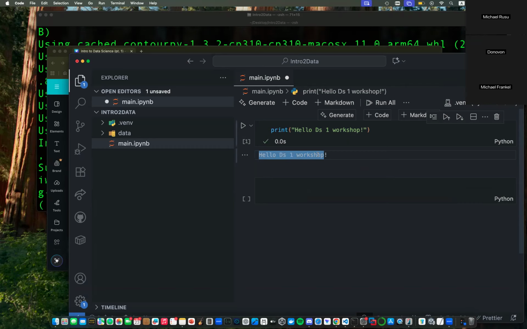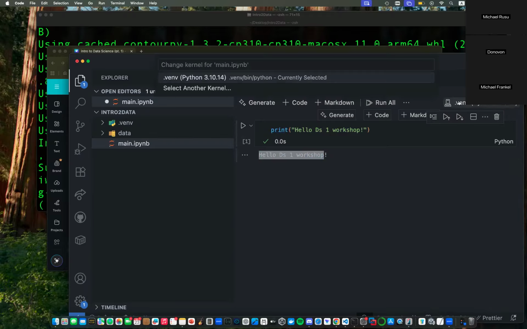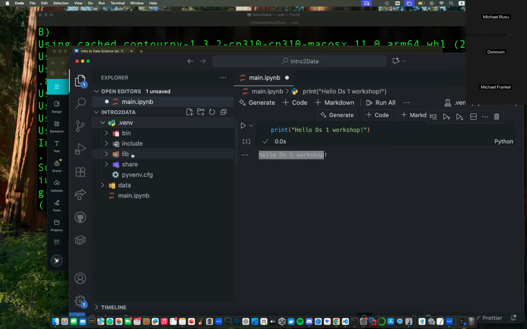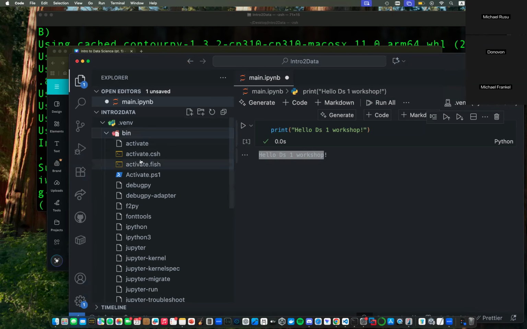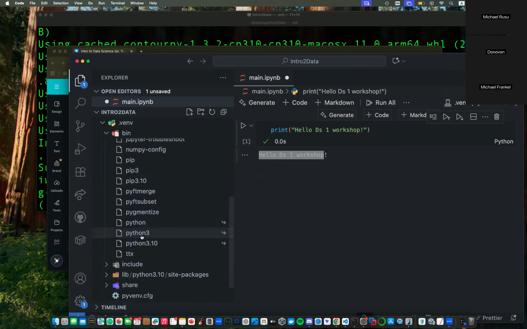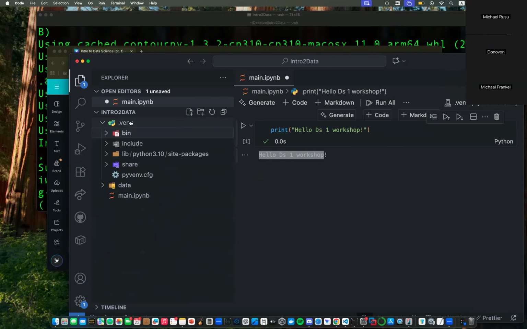Which one? The virtual environment? Oh, the cell? Where you select the interpreter. Right here, you should see a little icon that says select kernel. You go to Python, I believe it was Python environments, and your top one should be .venv, which hopefully it is. Or if you want, you can add one, go to Python or the bin, and activate, I believe it's Python 3 right here, or just Python.